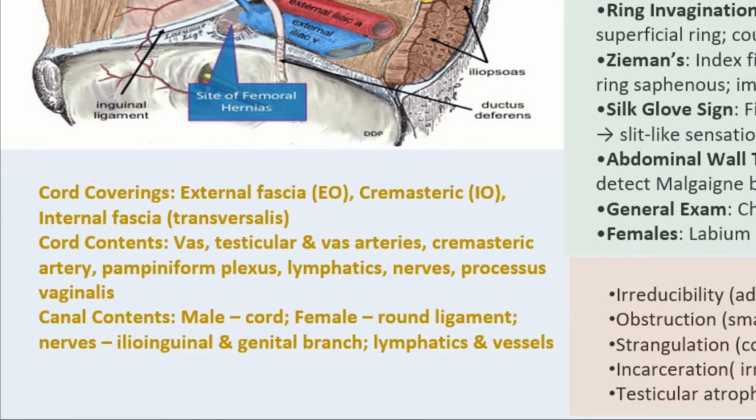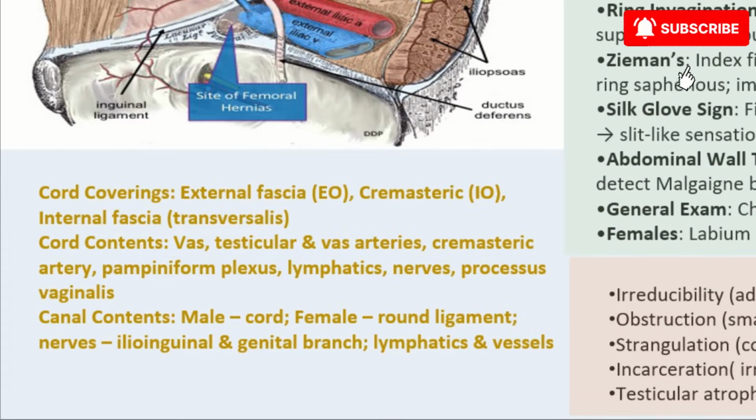So when you look at the contents of the cord, normally we have the testicular artery and the artery to the vas. We have the cremasteric artery. We have the pampiniform plexus, the lymphatics, and the nerves, and the nerve here is the genital branch of the genitofemoral nerve. We have the processus vaginalis, which normally